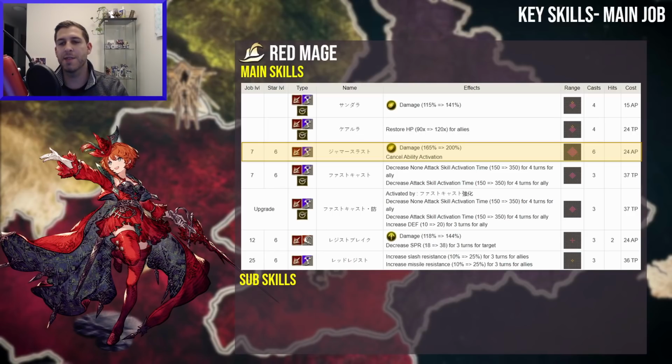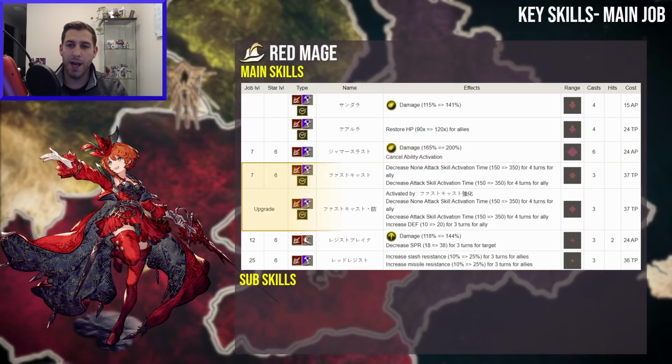This is the best skill. It cancels some ability activation. It has a high potency. It is a large range with a 2 height difference, and it's not even that expensive for AP cost. This is the skill. And then we got Fast Cast, and Fast Cast will decrease the activation time for your